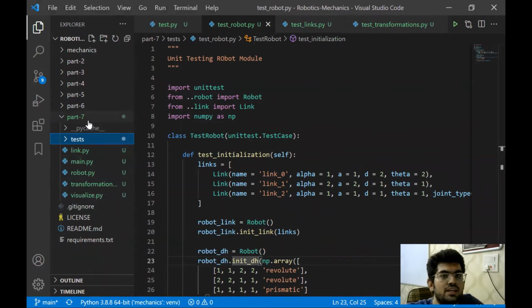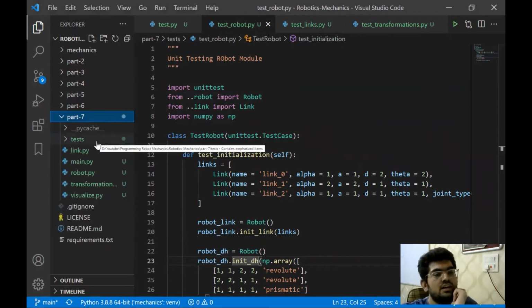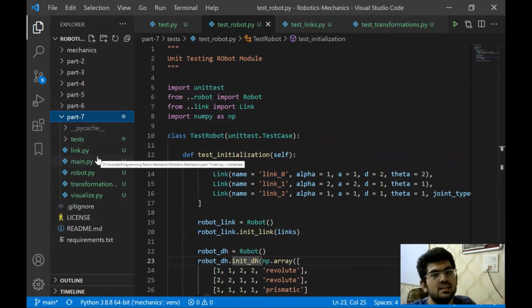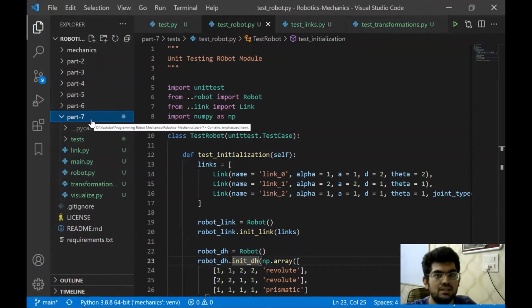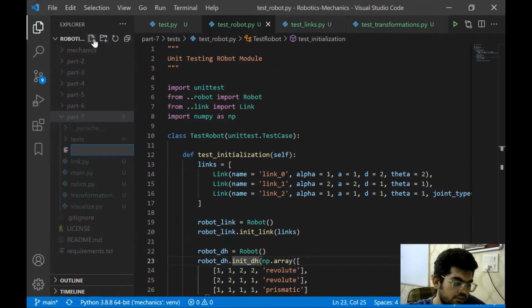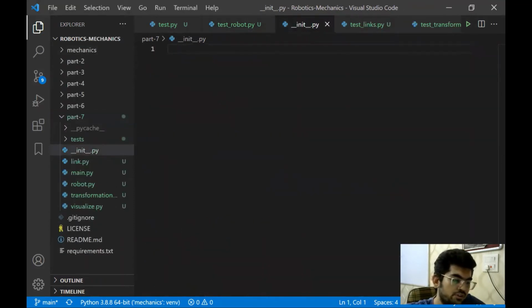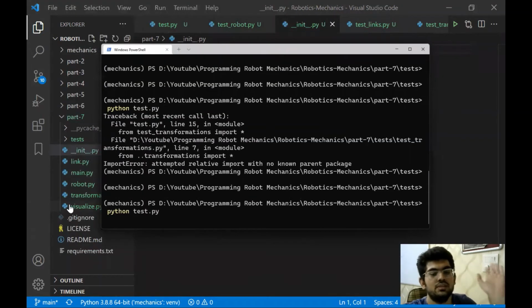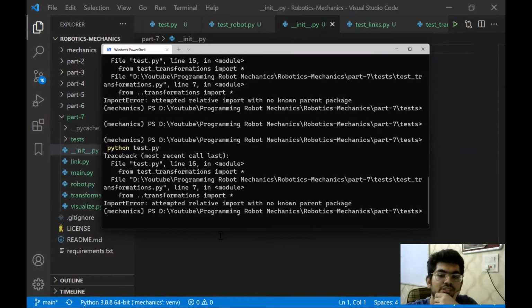What this parent package means is, in Python, when we put files in a folder, what we need is a specific file by the name of init.py. What this does is it declares a folder as a package, so Python can do relative imports from it and some other stuff as well. So let's try this. We are going to add a file called init.py, and now we're going to run it. It can be completely empty, but the name should be init.py. Oh, it still didn't work.